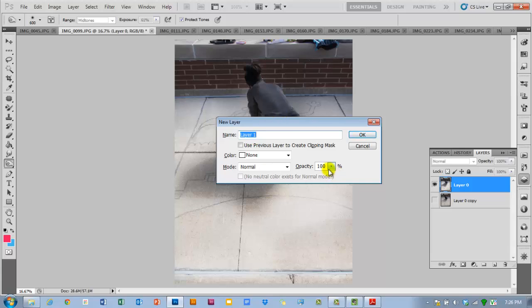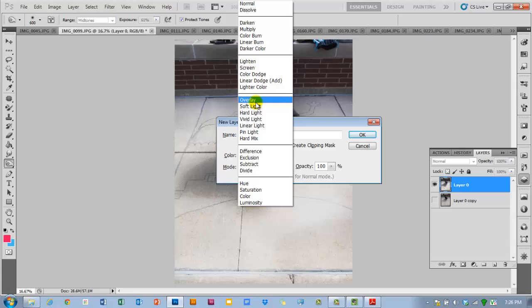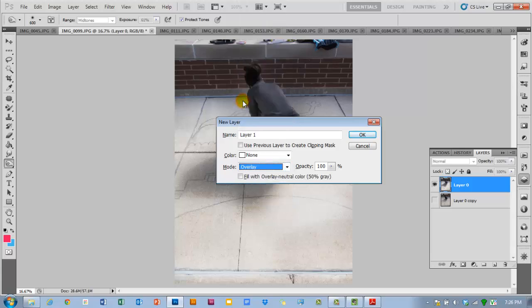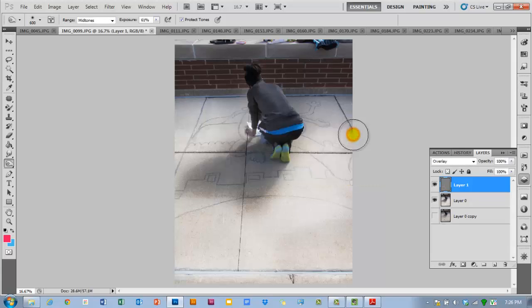This prompt will come up, and then you can change the blending mode to overlay, which is what's commonly used when making this kind of non-destructive dodge and burn layer. When you do that, it'll prompt you with this special prompt here to fill the overlay with a neutral color, 50% gray. So check mark that box because that's what we want to do. And then we're going to click OK, and we have a perfect solid gray pixel layer that's set to the